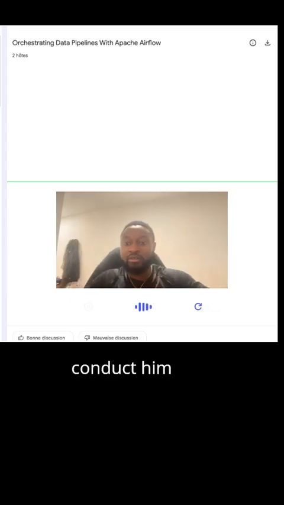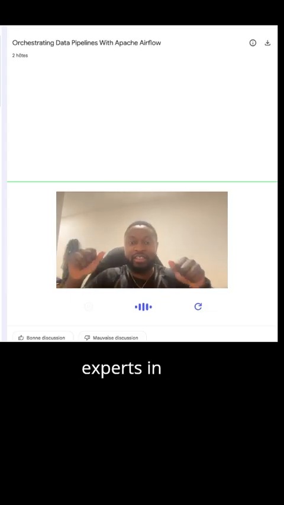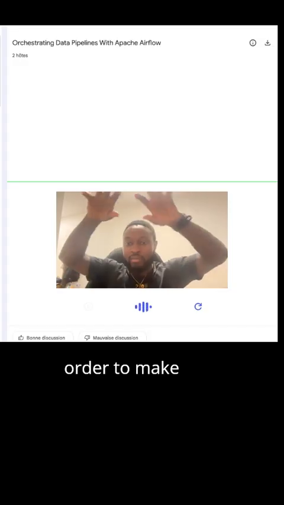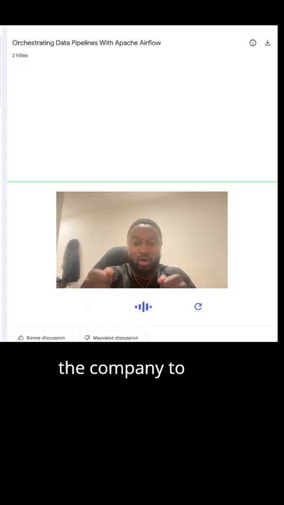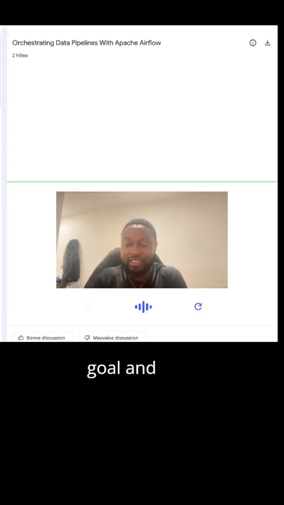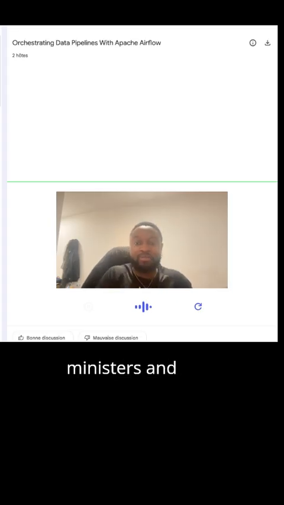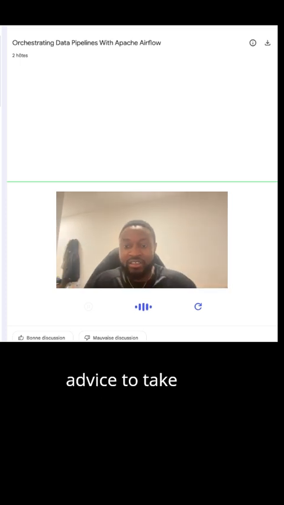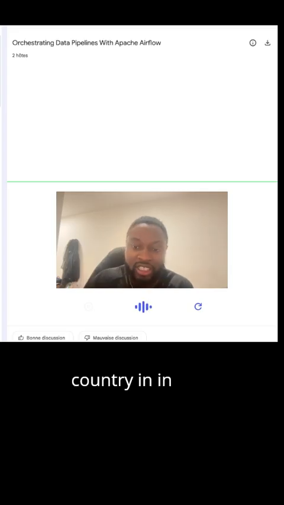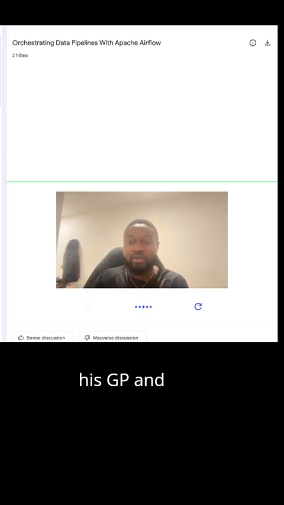The CEO doesn't master everything, but he conducts a huge number of experts in their domains in order to get the work done and for the company to achieve its goal. And a president is going to orchestrate his ministers and other people to give him advice to make decisions that will help the country in productivity and improve its GDP and well-being.